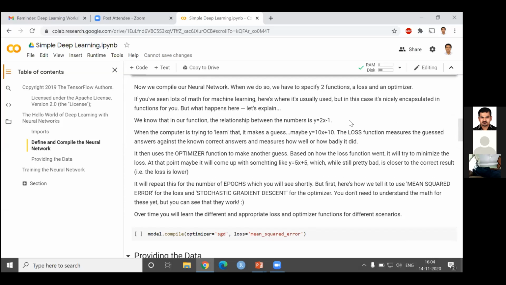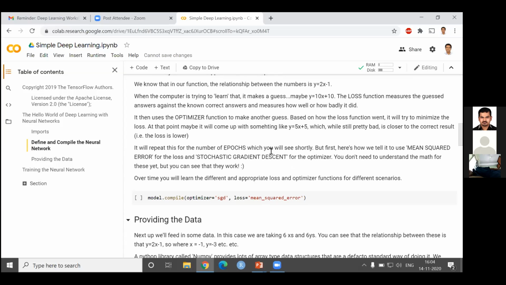Initially, as I said, it will be making wrong predictions, but using the loss function it will assess the error and then come back. We want to go 500 times back and forth. So it will keep guessing, keep learning, and finally we want it to predict correctly.